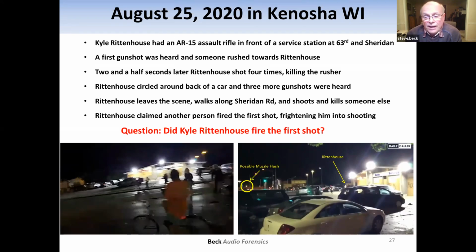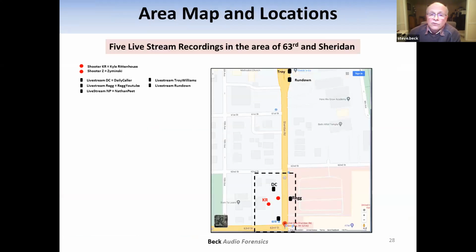And I chose this particular frame because there's one frame that has a possible muzzle flash in there. So that is kind of important. So the Washington Post actually had 5 live stream recordings in that area. There were, and I've got a map here along Sheridan, and kind of at the bottom,